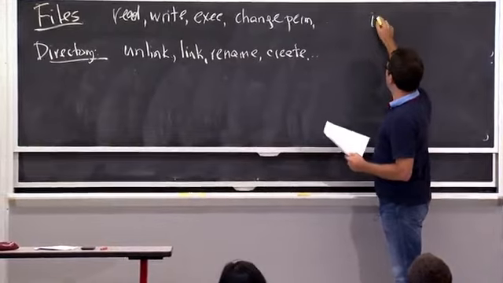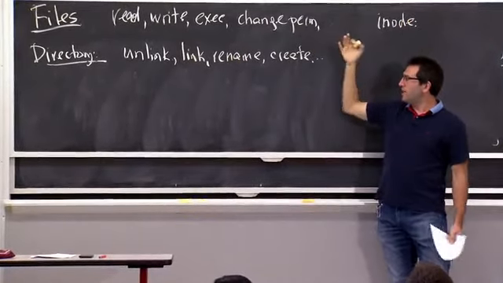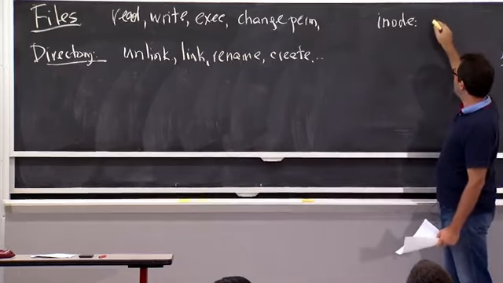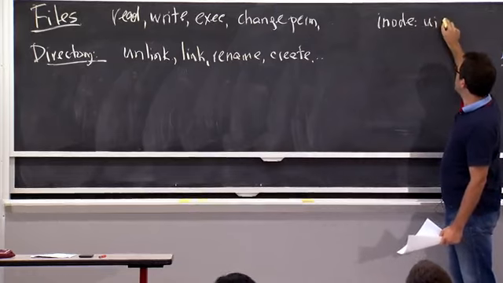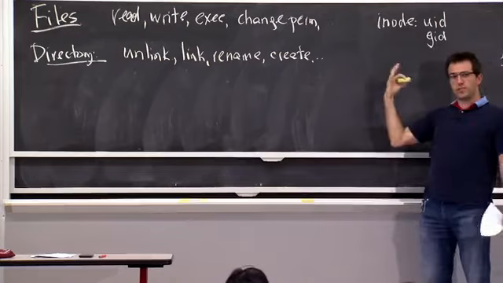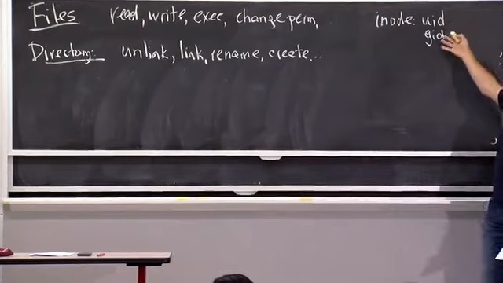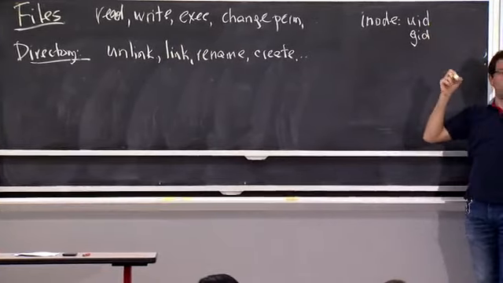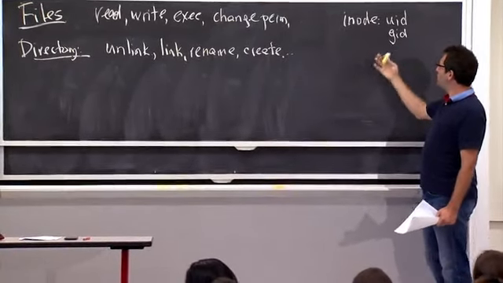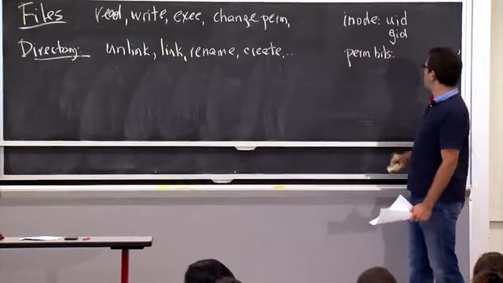So in Unix, every inode, meaning something that ends up being the file or the directory, has a couple of interesting fields for security purposes. There's a user ID and a group ID that we say owns the file or owns the directory. So you might have all the files in your home directory owned by your UID on your Unix system. And then there's also a set of permission bits in Unix